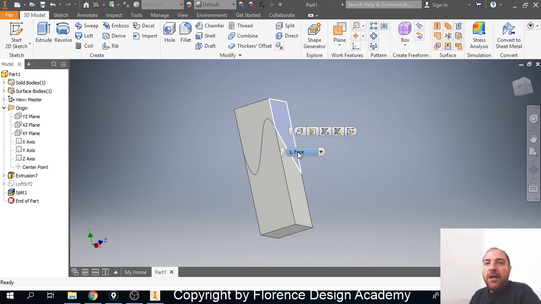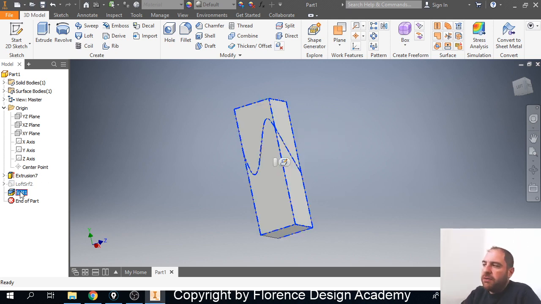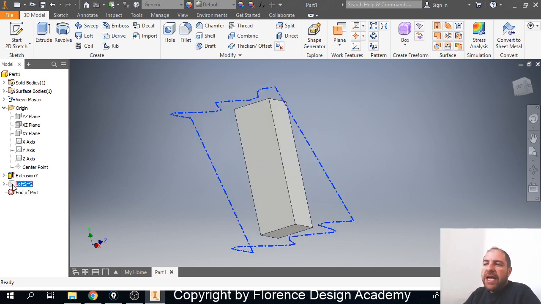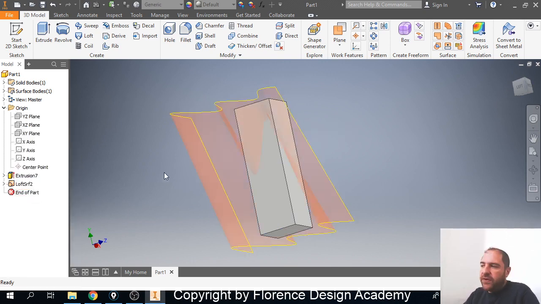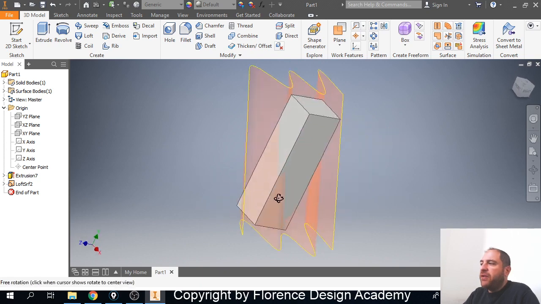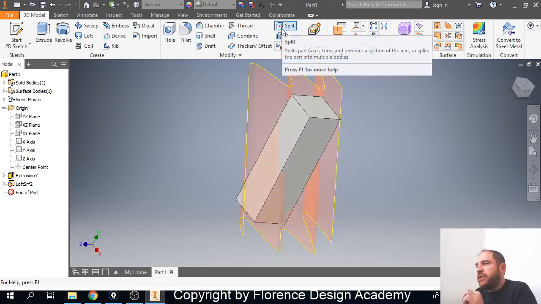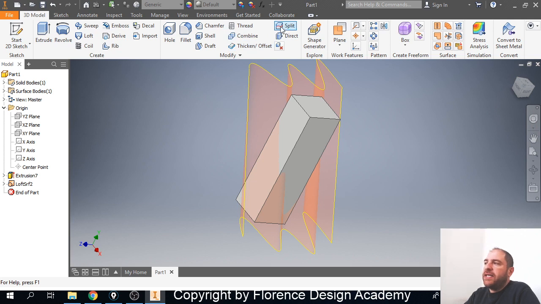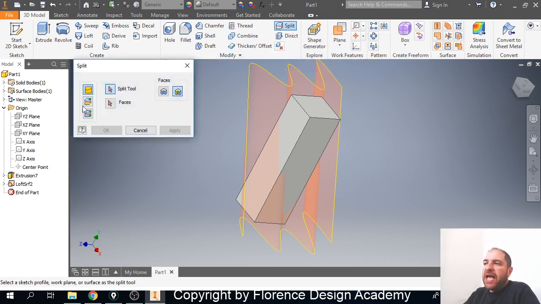And this is a simple thing that you can do with the split modifier. But split has something that is even more interesting, that is this. Look, so let me delete this one. Let me show again the surface that I've created before, and I will show you another interesting thing that you can do with split. Instead of using face split, which will just split the face of your solid while the solid will be kept as one single object,